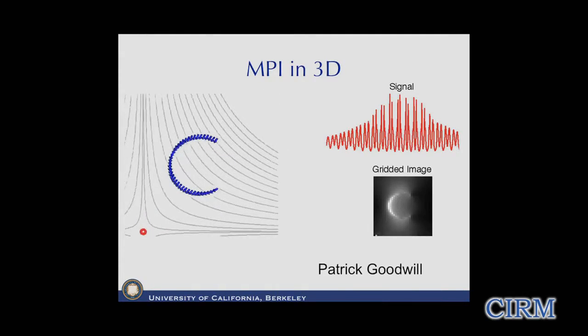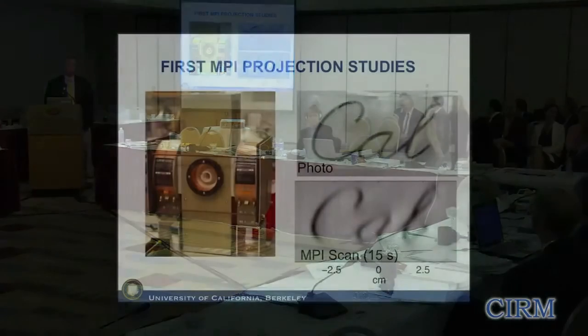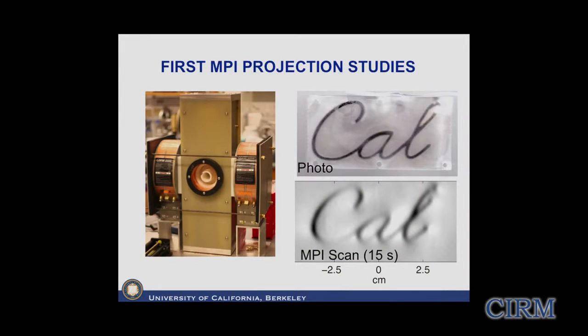So it's quite a bit easier than the way MRI works. And this is where we are today. This is one of our better images. We create something called a phantom, where we actually inject the FDA-approved contrast agent Resovist into this phantom, and then this is the image we get out. As you can see, all images wind up being worse resolution than a photograph, of course, but this one we